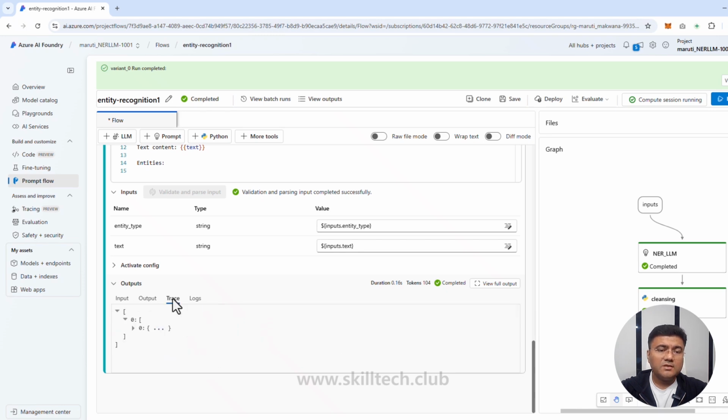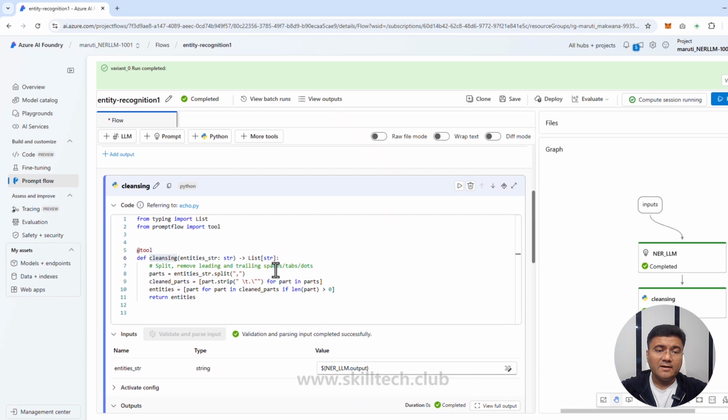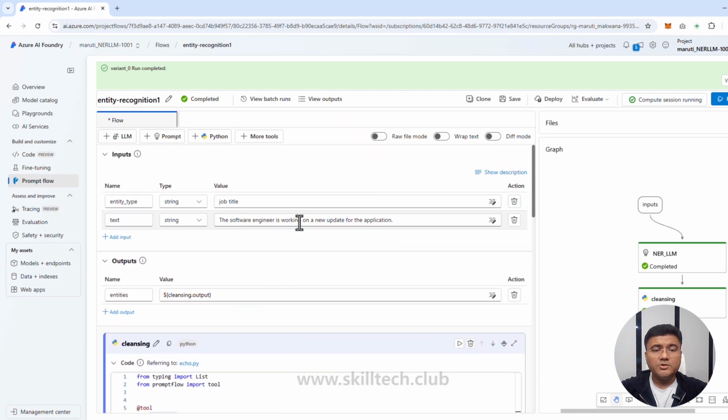If I want to see the trace information or the logs associated with this, those things will also be visible here. Now let's say I want to change this input slightly and add more than one entity inside it. So let's say I'm going to say the software engineer is working on the new update for the application,